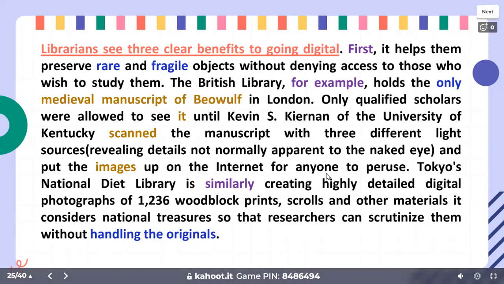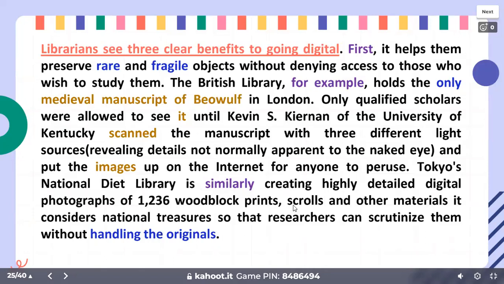Now, what does this mean? It means anyone can study it because it's online. Okay. Now, Tokyo's National Library is similarly. Here, similarly is a signpost word. What does this mean? It means that the writer is going to give me another example, but this time it is not about rare, it is about fragile. Similarly, creating highly detailed digital photographs of